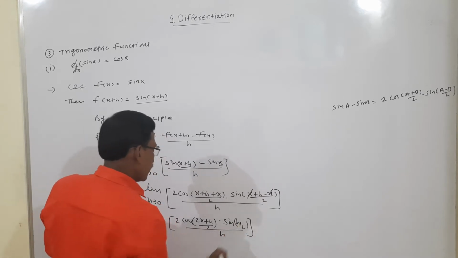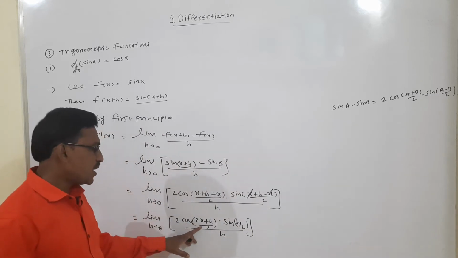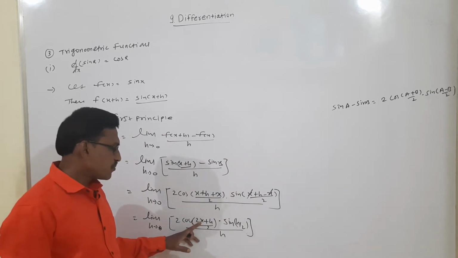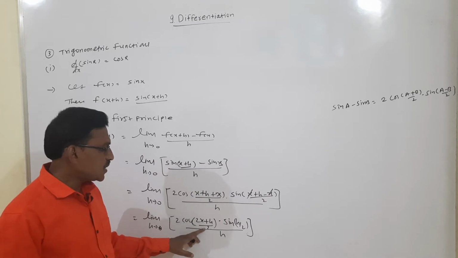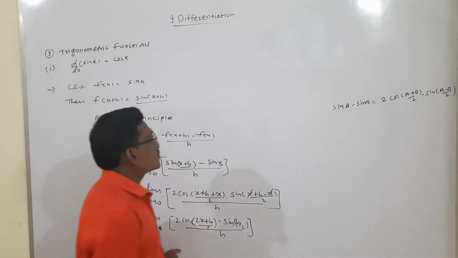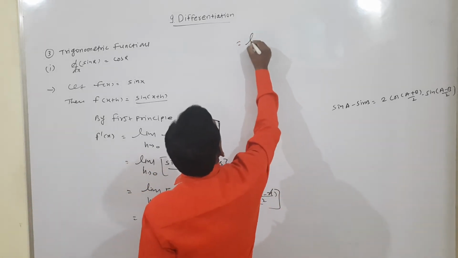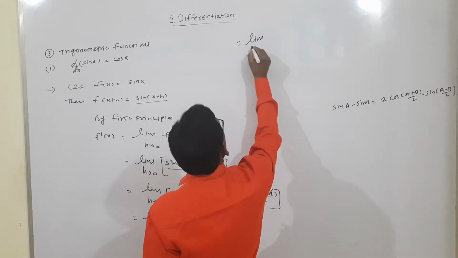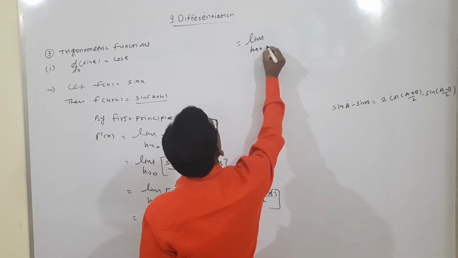Now when we divide separately, the 2 will get cancelled and it is h by 2. So therefore it is limit as h tends to 0,